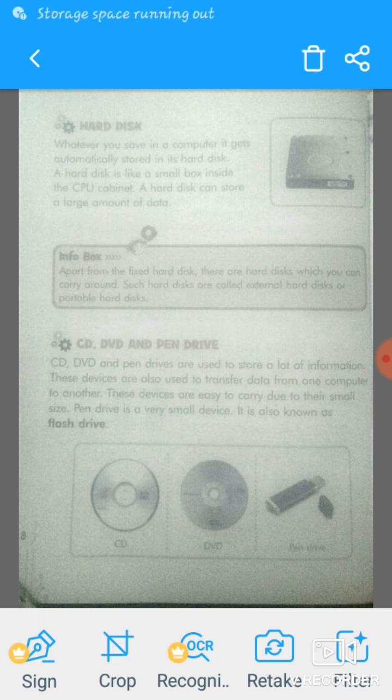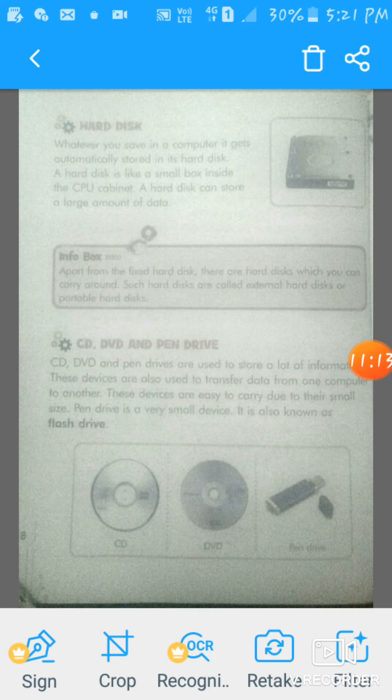A hard disk can store a large amount of data. Apart from the fixed hard disk, there are hard disks which you can carry around. Such hard disks are called external hard disks.